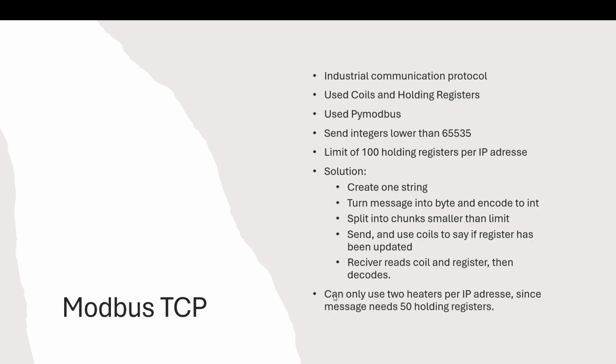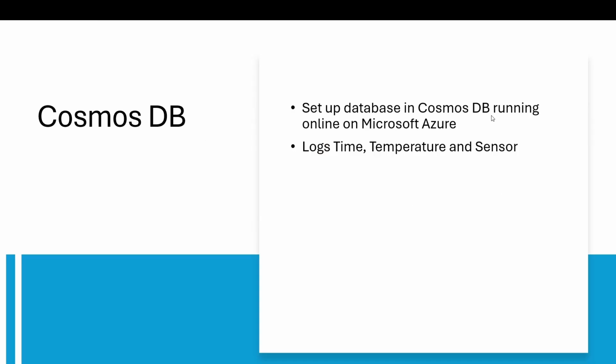The biggest limitation to this is that you can only have 2 heaters per IP address. So if you use an embedded system, you can connect more than two heaters each, since there is a max cap of 100 holding registers, and each message needs 50 holding registers to be sent. The database, Cosmos DB from Microsoft Azure, is set up and running via Microsoft Azure, and